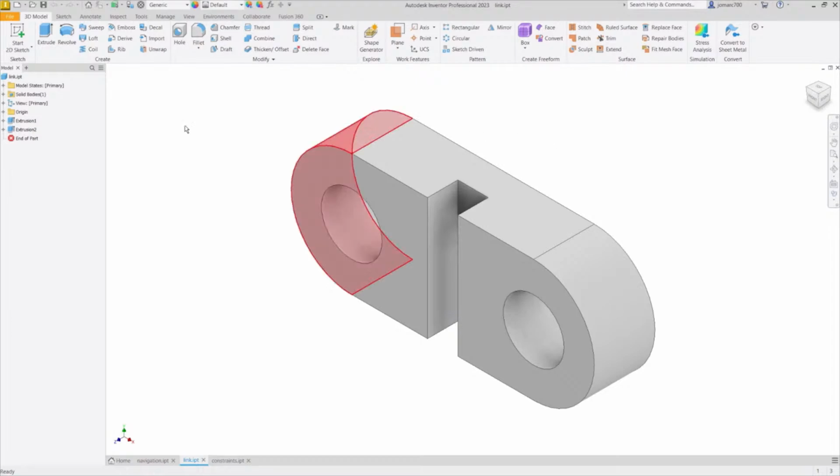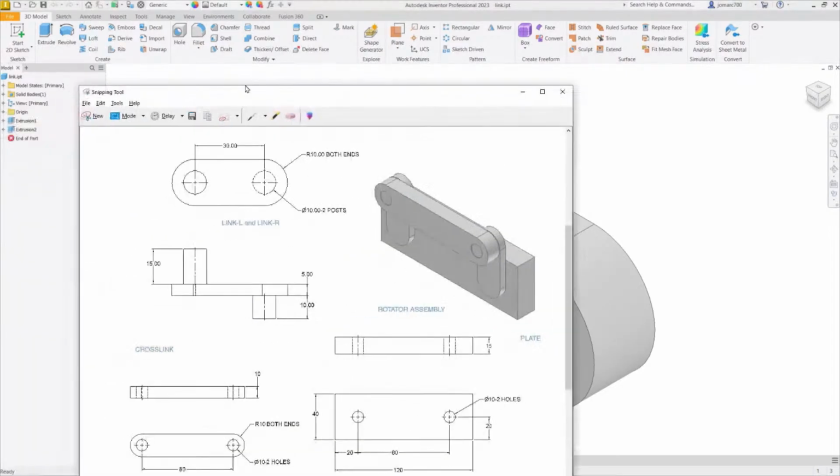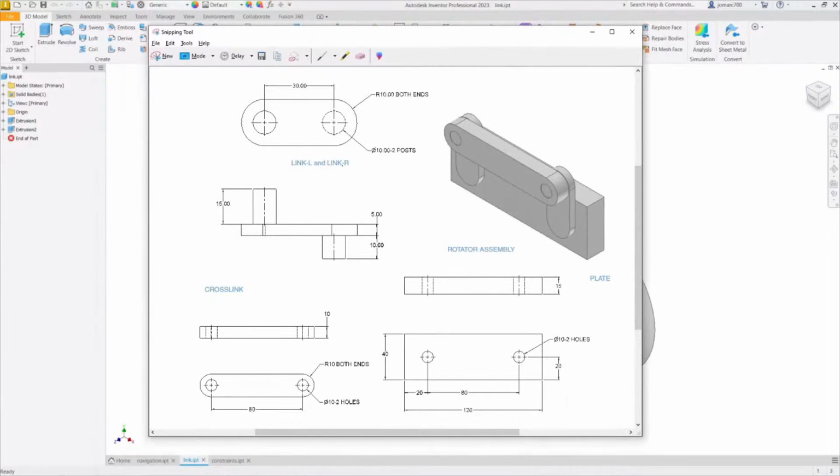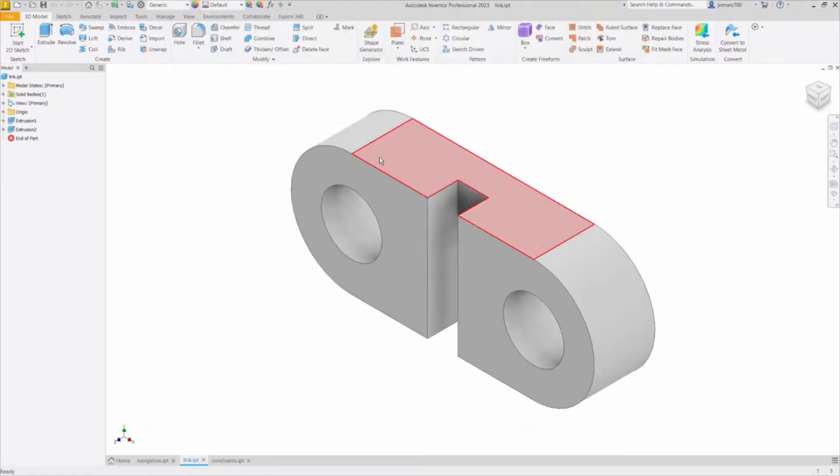The next challenge is we are going to recreate this assembly. Notice this assembly has 4 parts, and this part has 2 instances. Let's begin by creating the plate first. Heading back to Inventor,